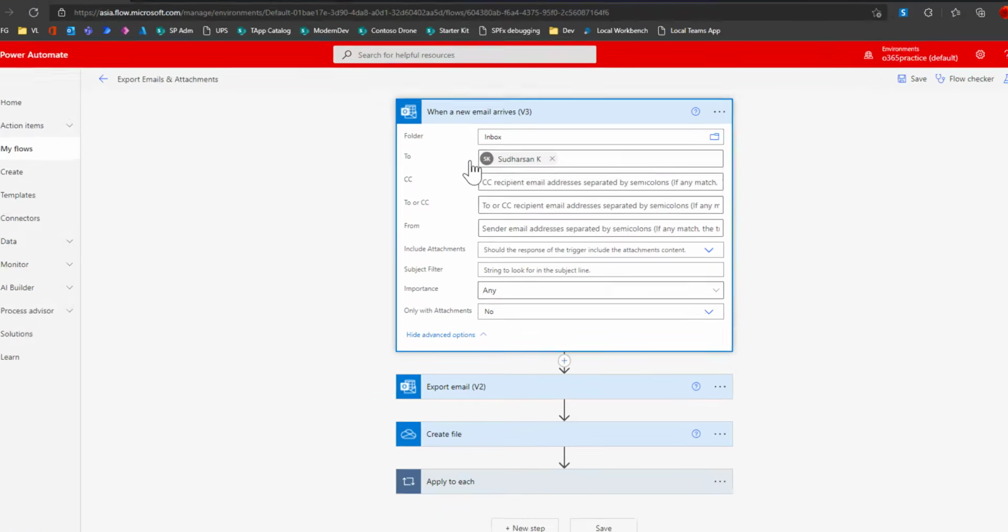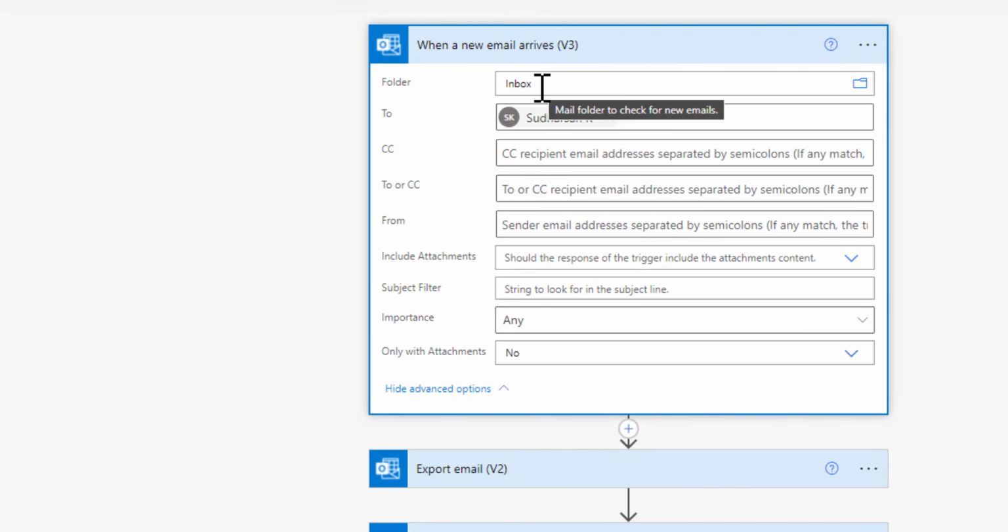If you see here, I have configured the inbox folder and whoever sent email to this email address, which you can choose from this people picker, and you can also choose other options if you have certain filter criteria. So I have just chosen the two options, and importance, all the emails.